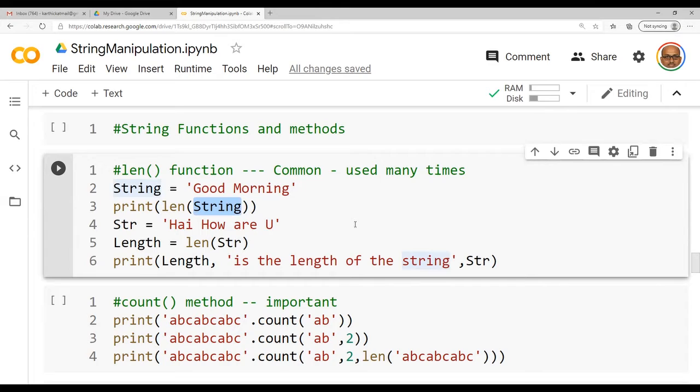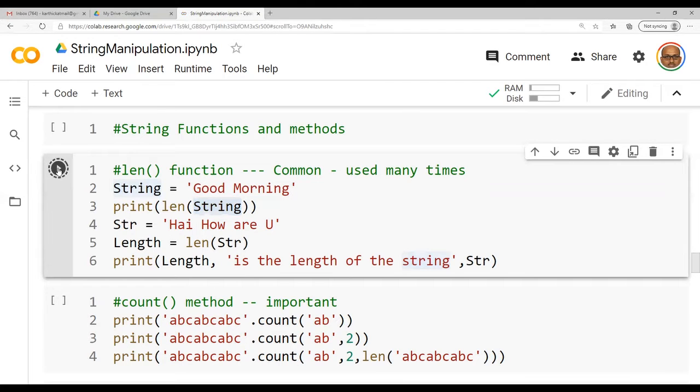Length equal to len of str. Here, length is going to hold the total number of characters present in the variable called str. Anyhow, remember, len is a function which takes a string as a parameter and returns an integer as a result.